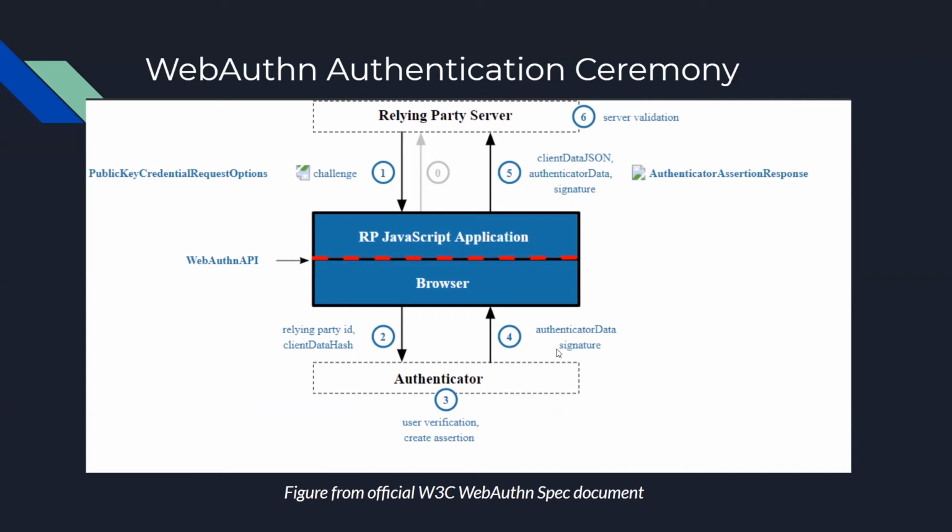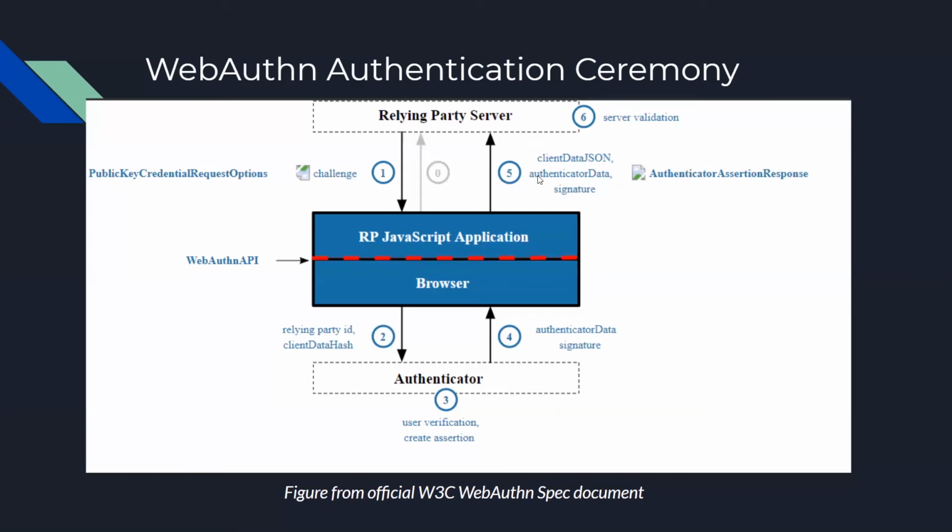One key difference is the signature. The signature here is the core part of the PKI aspect. Because the authenticator has the private key, it can use the private key to generate a signature, which can be verified at the server to confirm non-repudiation, that the authenticator owns the private key for this particular public key that we had saved earlier. So this is essentially where the passwordless login aspect comes into play, because we are using public and private keys to verify ownership. We do not need any passwords.